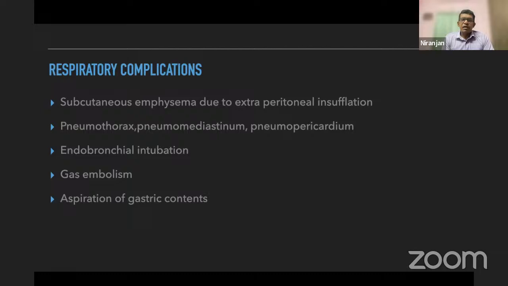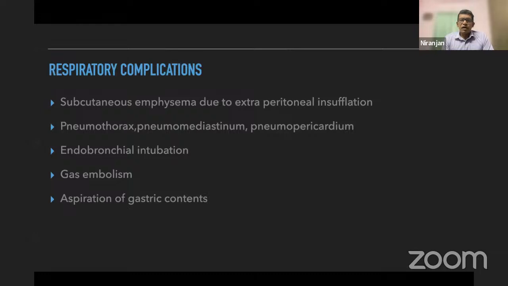So at each level, this endotracheal tube migration can happen. Gas embolism is quite rare with carbon dioxide insufflation, but still it is a possibility. It is identified with sudden desaturation and hemodynamic collapse. The end-tidal carbon dioxide initially goes down transitorily and then comes down abruptly, indicating that there is no gas exchange. In this situation, you immediately